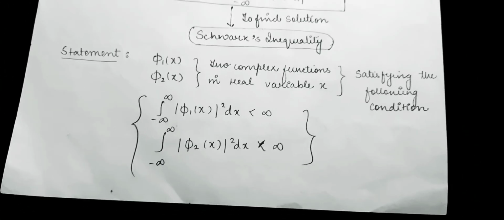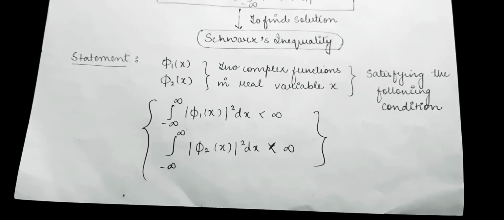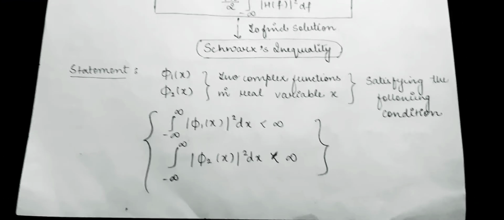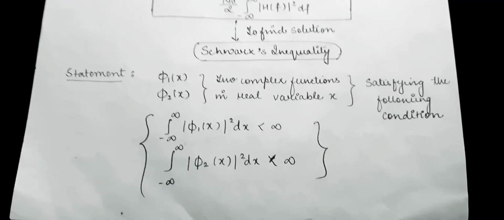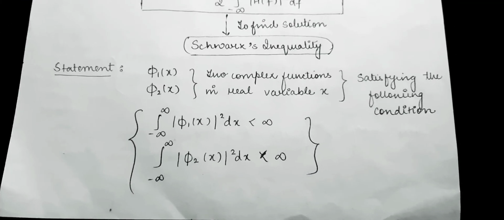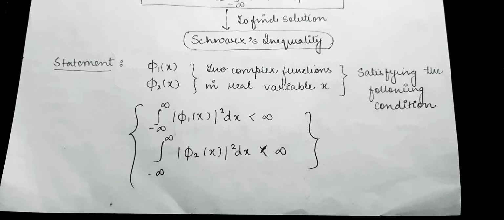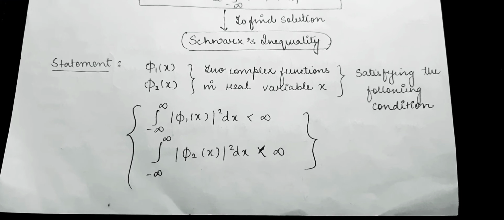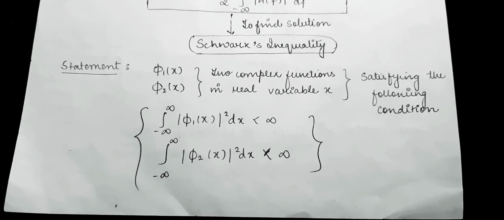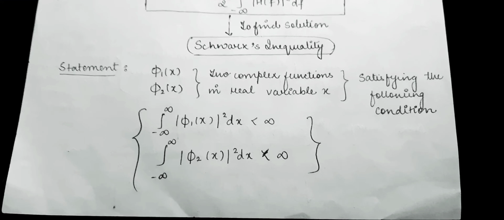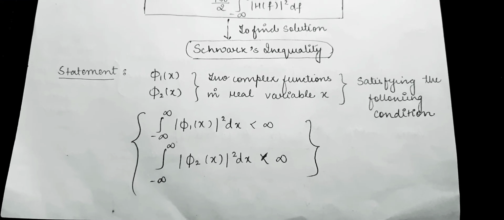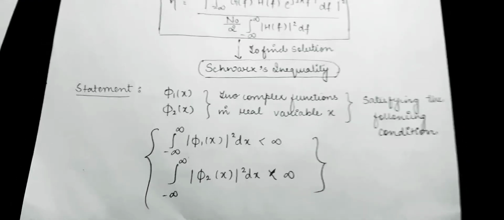So now to find the solution of the numerator, we use an inequality, that is the Schwarz inequality. In the Schwarz inequality, we have a statement that phi1(x) and phi2(x) are two complex functions in real variable x. So they must satisfy the following condition, that integrating from minus infinity to infinity mod of phi1(x) square dx should be less than infinity, and integrating from minus infinity to infinity mod phi2(x) square dx should be less than infinity. Then